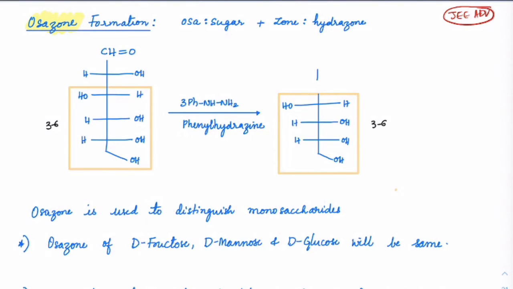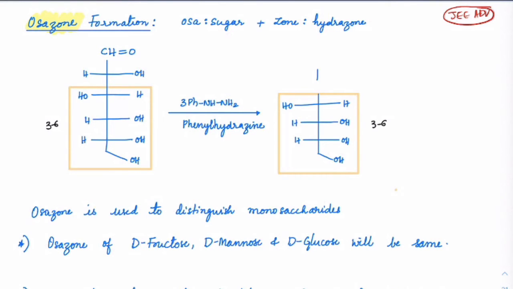Next, now this is important for JEE Advanced, so guys this could be asked, so be careful with this question. Check, this is called an osazone. Osa means sugar, zone is coming from hydrazone. Observe this, carbon 3 to carbon 6 I am not at all disturbing. There is no disturbance here. The entire reaction is happening between carbon 1 and carbon 2 only. Okay. So what is the product formation?